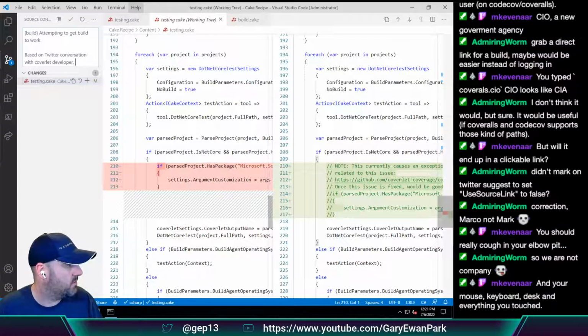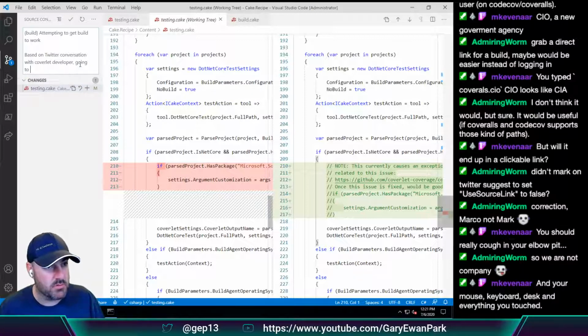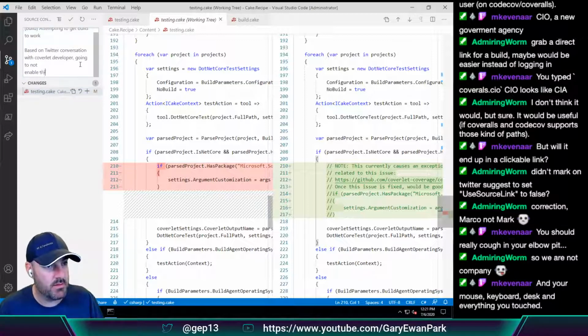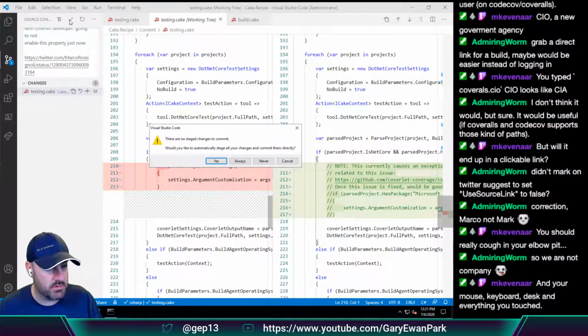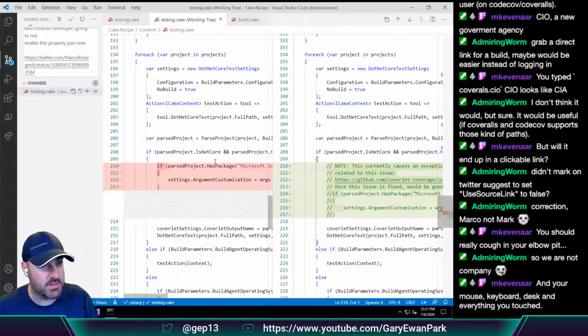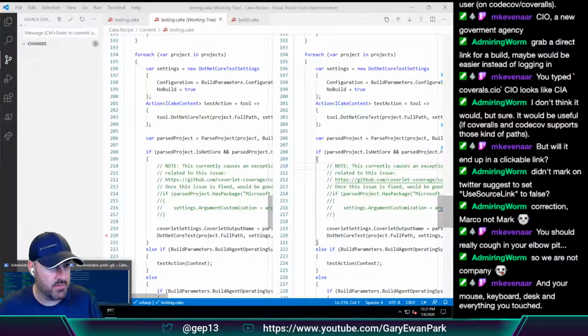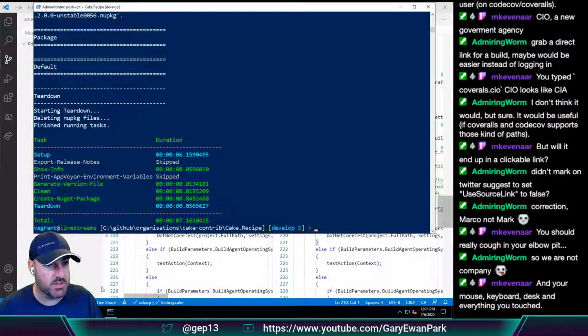It's this one. Copy. Going to not enable this property just now. Okay, let's go ahead and do that, and I'm going to say yes to that. Okay, that's a change to Cake.Recipe, so if we do git push upstream,